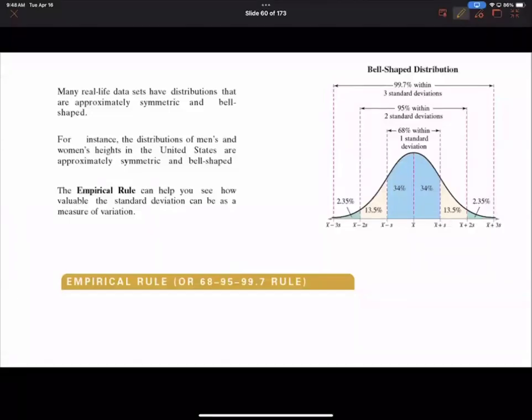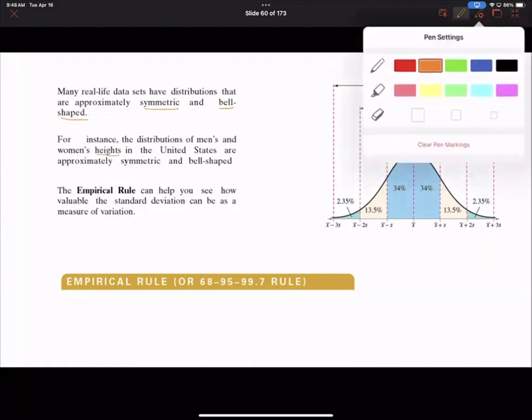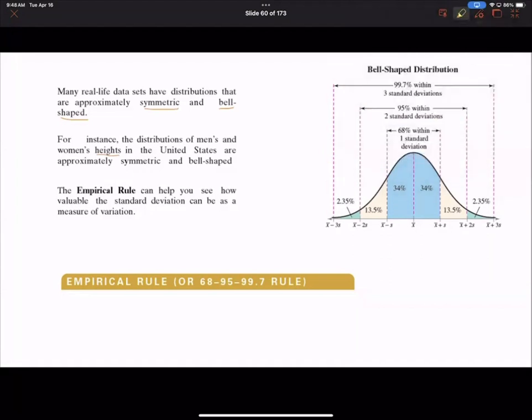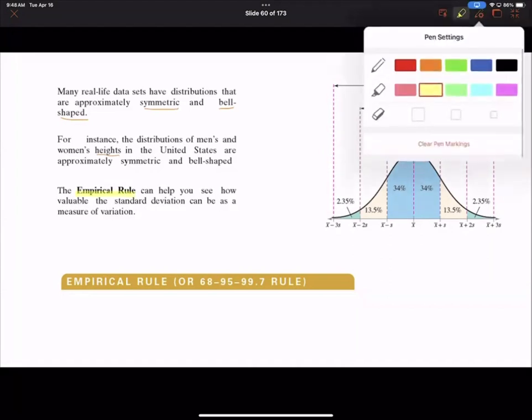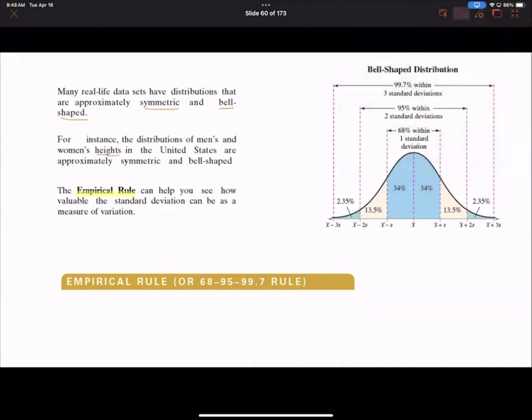As you remember, many data are symmetric and bell-shaped. For instance, the distribution of men's and women's heights in the United States are symmetric and bell-shaped. Basically, you are allowed to use the empirical rule to do a little bit of calculations. What does it tell us? It tells us